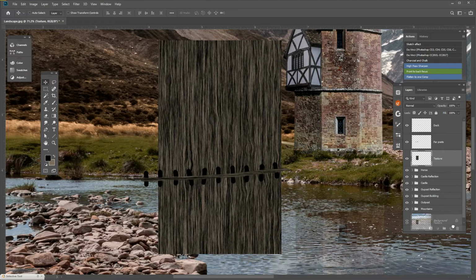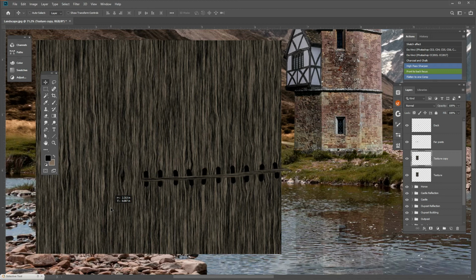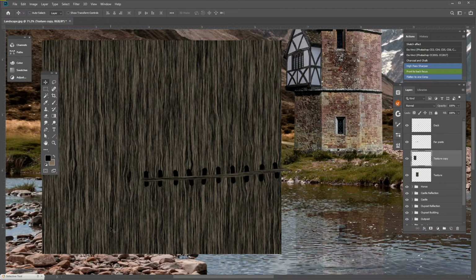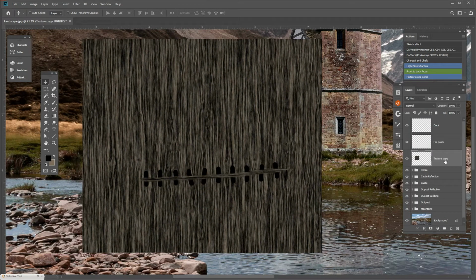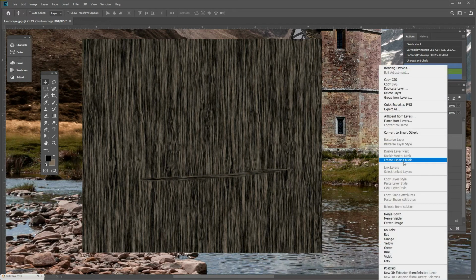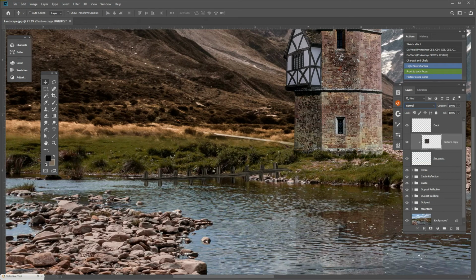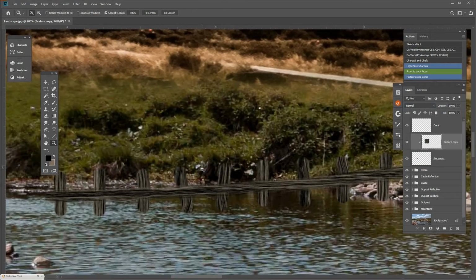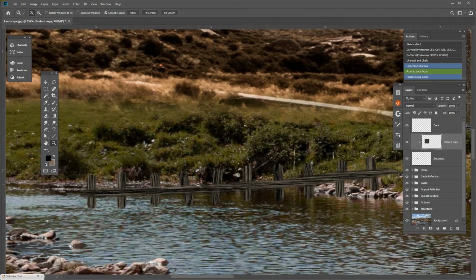Probably just there, that's fine, and then just merge those two together. Put those above far post and clip them again. And then just move